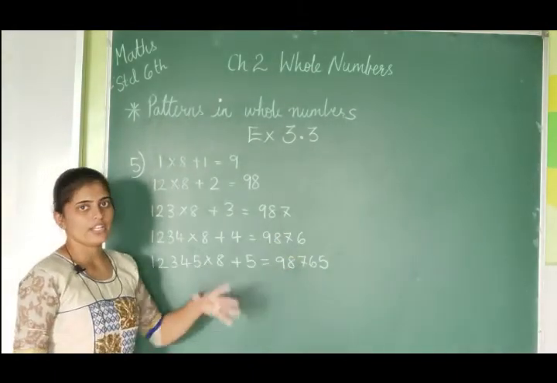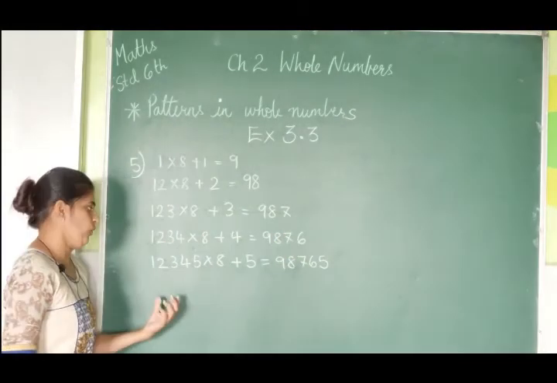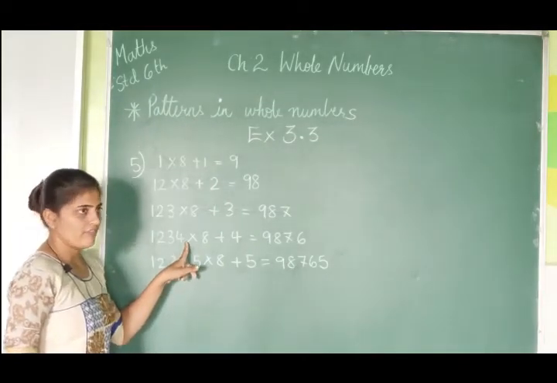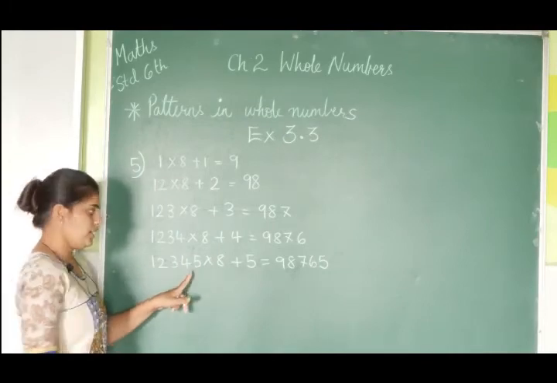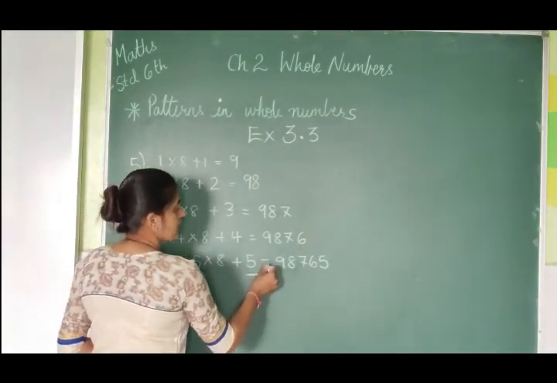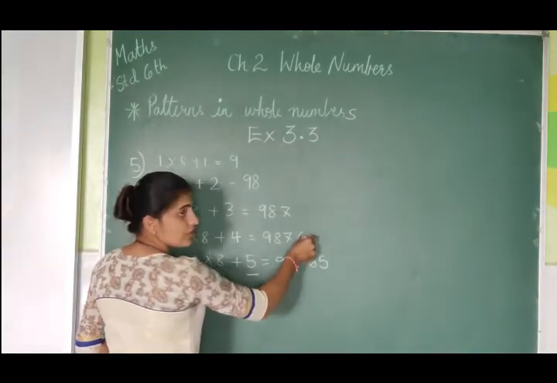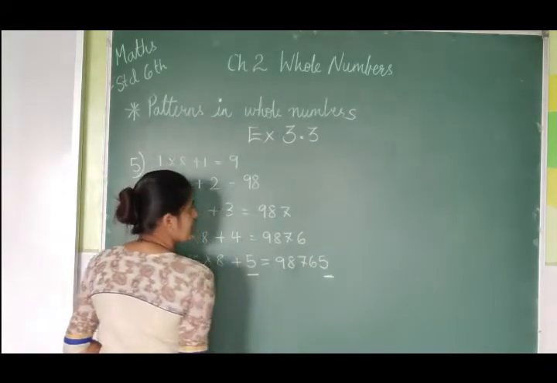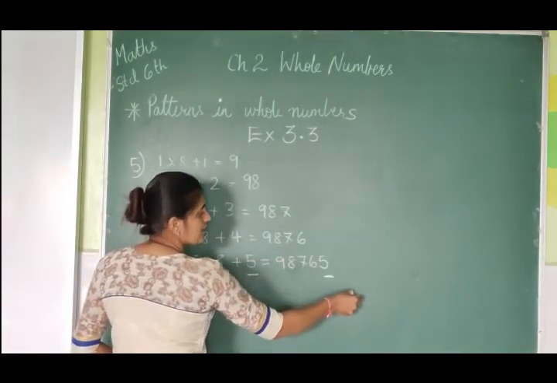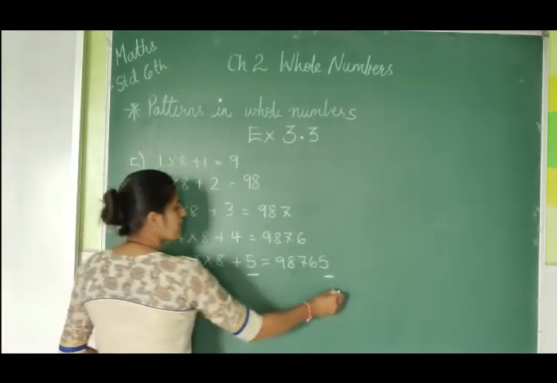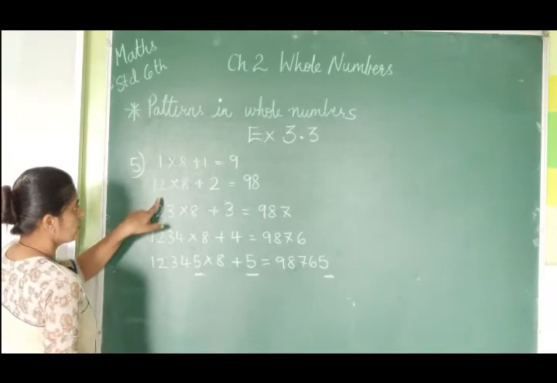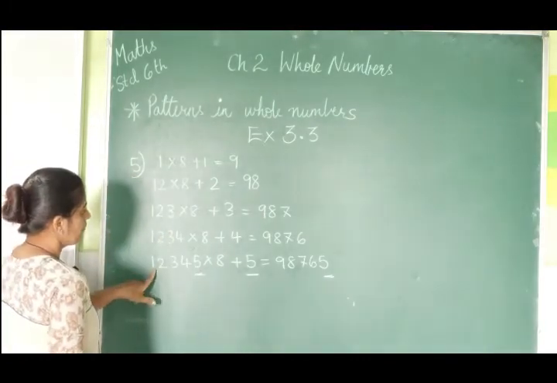Here decreasing order we have to take, and here we have to take the increasing order. 1 2 3 4 5. Here till 4 we were having, so we have written 5 over here. Multiplied by 8 plus 5 is equal to 9 8 7 6 was already there, so here 5 is written. Here you can see 9 8 7 6 5. So what answer will be there over here? We have to write 4 over here. Let us write from here: 1, 1 2, 1 2 3, 1 2 3 4, 1 2 3 4 5.